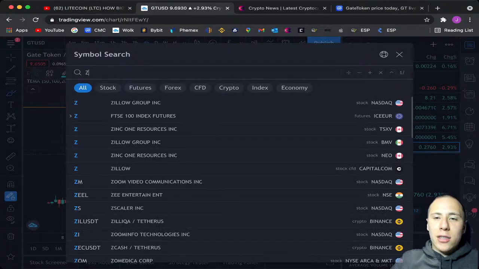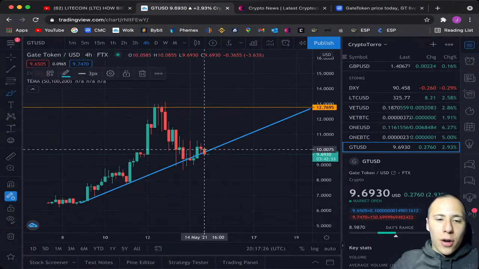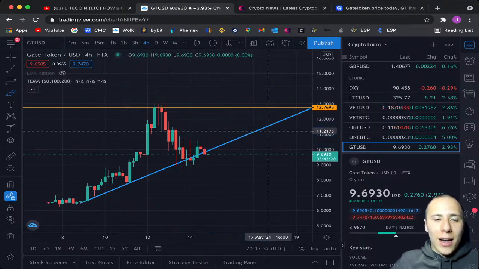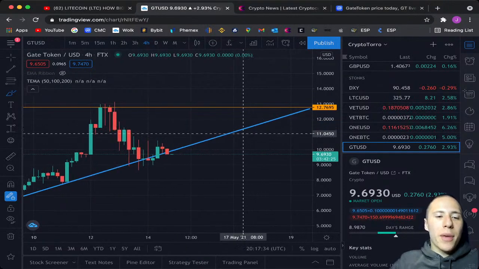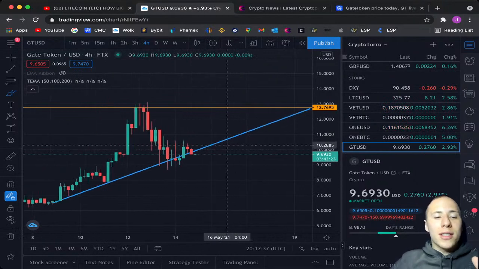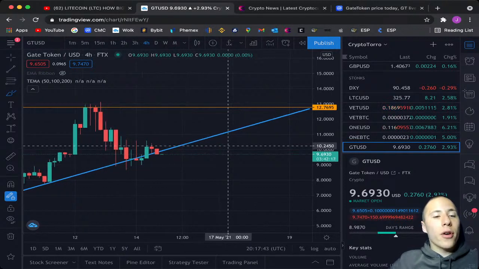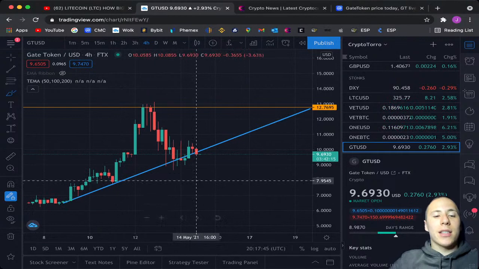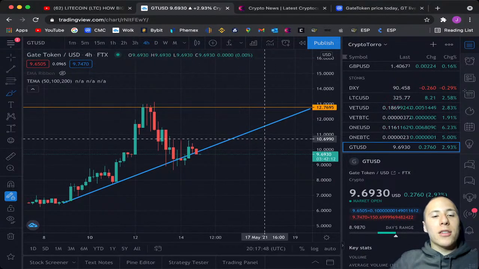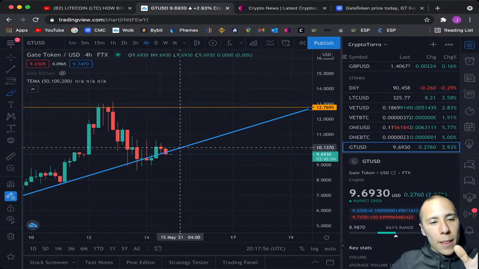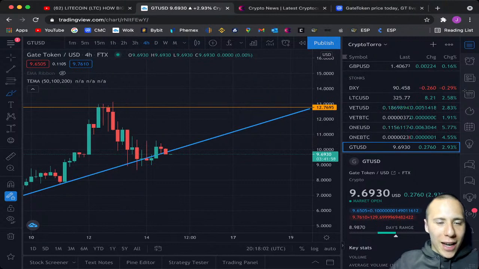And if it finds support once again after going up and breaking down and finding support once again on this trend line, that would be really amazing for Gate token, because then the uptrend will still be intact, and it will be very likely for this token to go even further up if it holds on to this upward sloping support line. So I think the support line is very interesting to take a look at right now, and that's what I personally think of this for the current moment, especially because I don't have that much data.